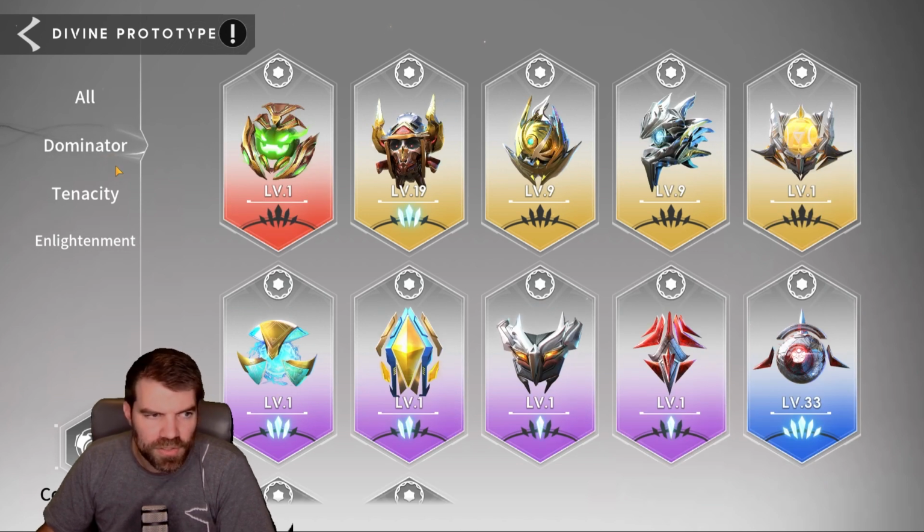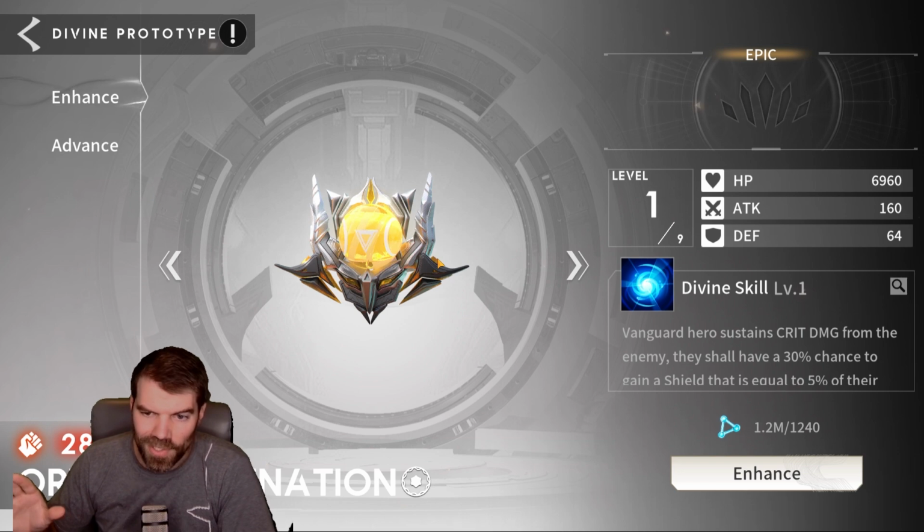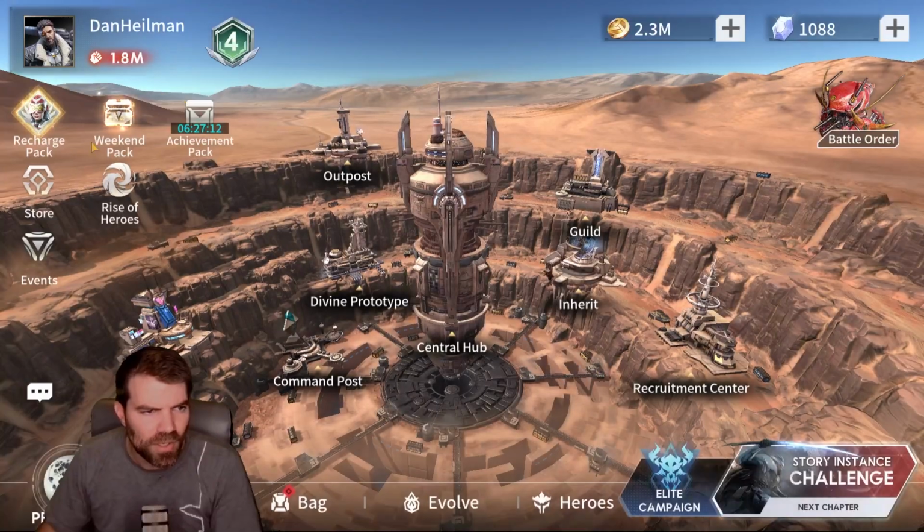Let me just finish Dominator real quick, just talk about some of these ones. Pain Rune, I talked about that. This one, I talked about that one. I'm not super familiar with all these, but I just wanted to give you what I know right now about prototypes, at least how to get the red ones and stuff. I have heard that there's also...